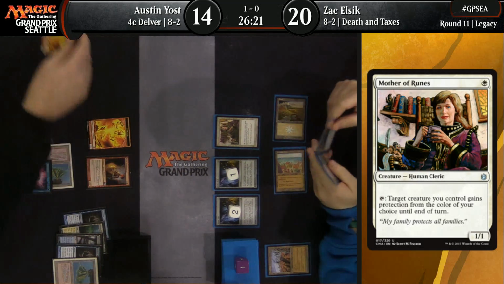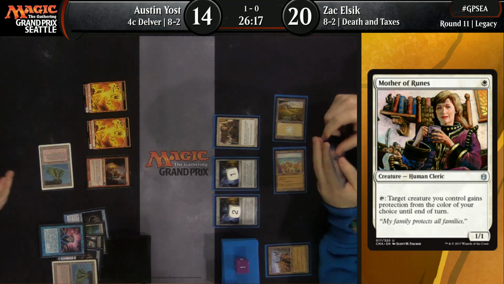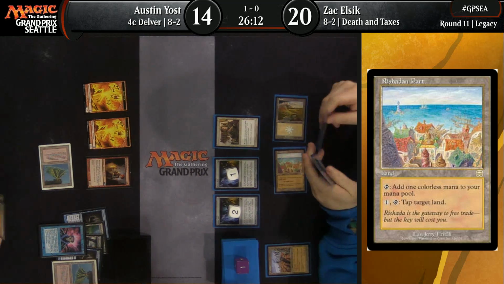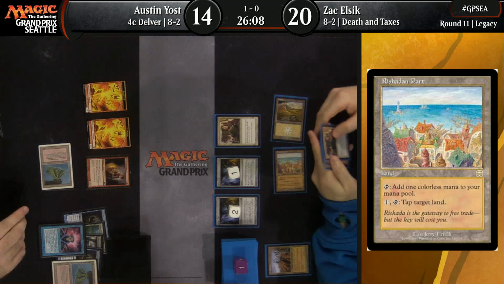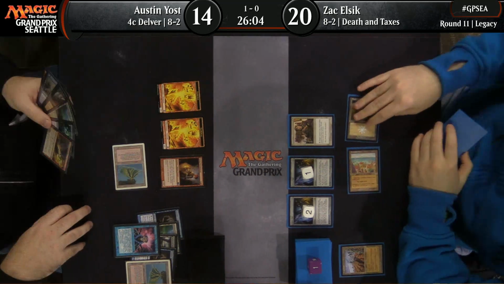It looks like Austin feels compelled to use Brainstorm here while the Brainstorming's good. Yeah, he wants to spend his mana, especially with the Young Pyromancer out, just being able to churn through his library while making tokens is a great way to get ahead in this game. But yeah, just to revisit that last turn,